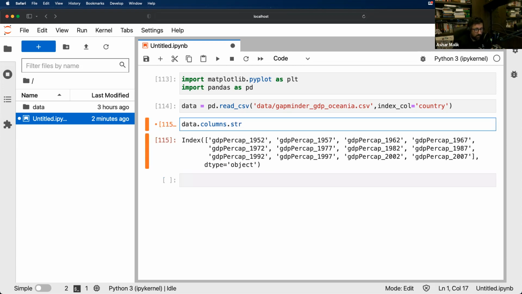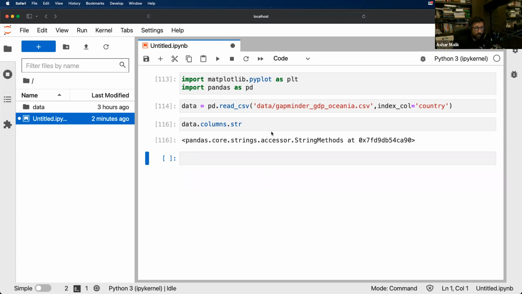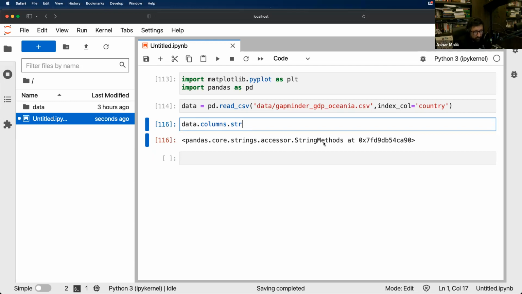If you do str in front of it, it will convert it into an object where things will be in a string format. All right, but obviously you will not see it here. So what I want to show you basically is that now we are going to